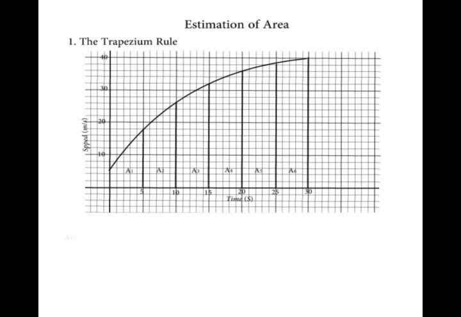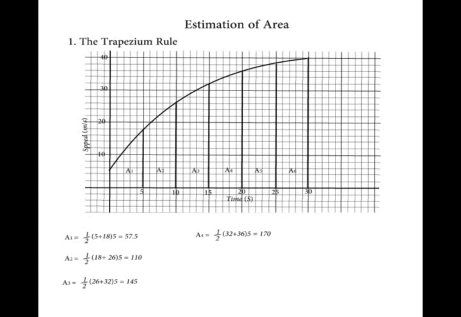Area of the first trapezia, A1, will be given by a half A plus B times height, that is a half times 5 plus 18 times 5. That gives us 57.5. A2, a half into 18 plus 26 times 5 gives us 110. Third area, a half into 26 plus 32 times 5 gives us 145. A4, a half into 32 plus 36 times 5 gives us